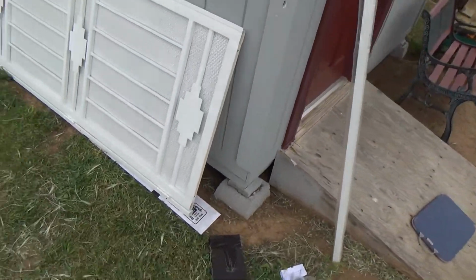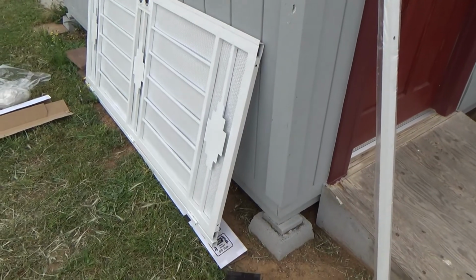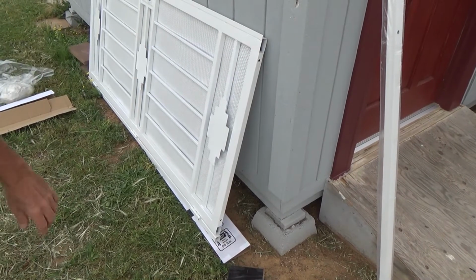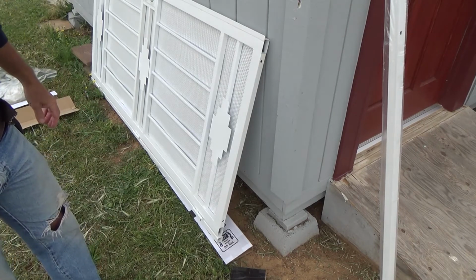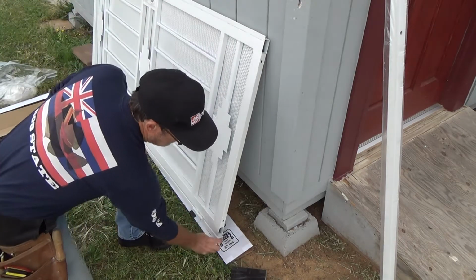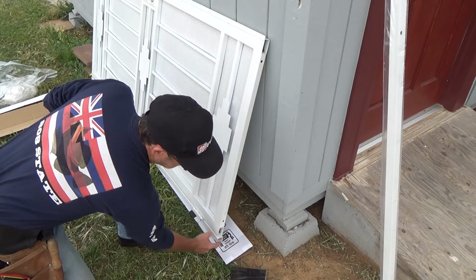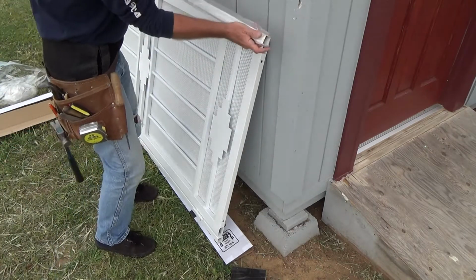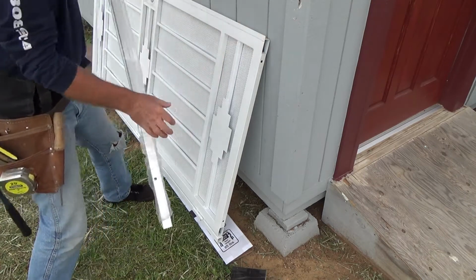Now on some screens, like I say, it might fit right at a step, and then this is going to stick out, and then you're going to have a gap there, and you might think, hey, what do we do, because we don't want any bugs crawling in underneath the door or whatever. And usually on the bottom of the support member there's a hole. Now see, there's a hole there, and the top piece that gets bolted here has a hole there. Okay, so then they make this